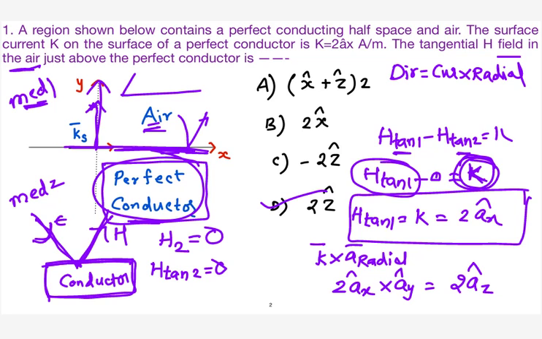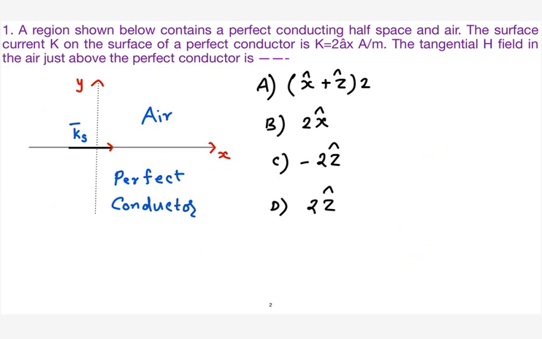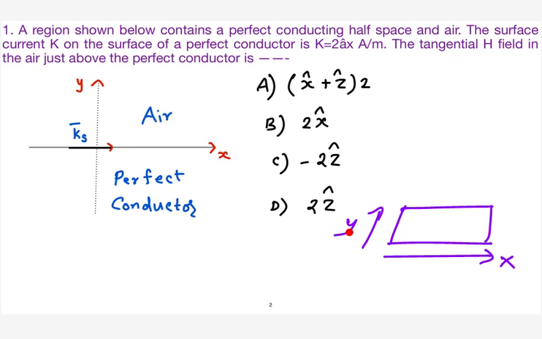Now you can verify that. You can see here, this is your XZ plane, and here is the direction of current. Current is flowing in the x direction. In the case of surface current, I told you, if the current is flowing in this direction, the magnetic field will be perpendicular. So it will be along z. The same thing you have verified here also. Clear? When I was explaining the surface current, what I told you, you have a surface current located in the xy plane, right? And this is your z direction.